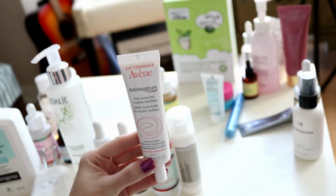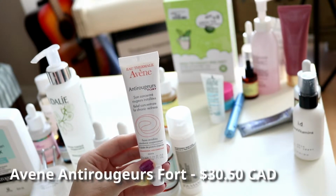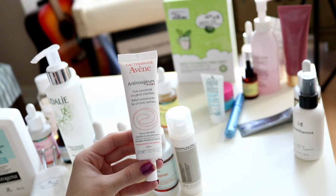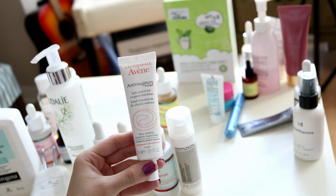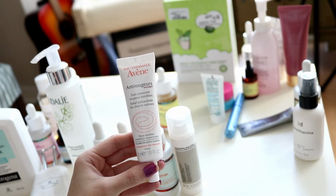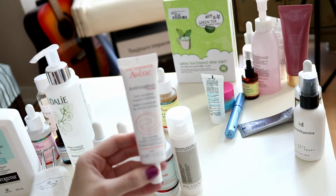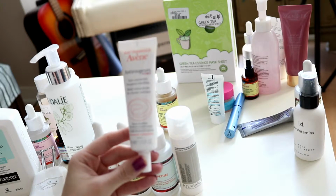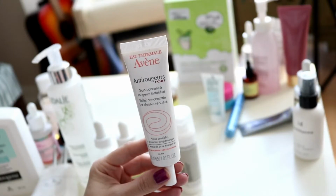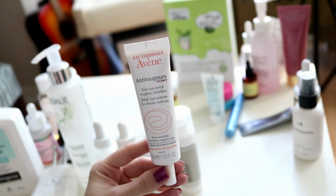Then I'm going to go in with the Avène Anti-Rougeur Fort Relief Concentrate for Chronic Redness. Now, I bought this a while ago because somebody online, I can't remember who it was, said that this would help with veins around your nose. I have some really prominent red veins around my nose. This has not done anything for me for that, but again, I haven't really been using it very consistently. So I'm hoping if I'm using it a little bit more consistently, maybe I'll see a bit of difference,